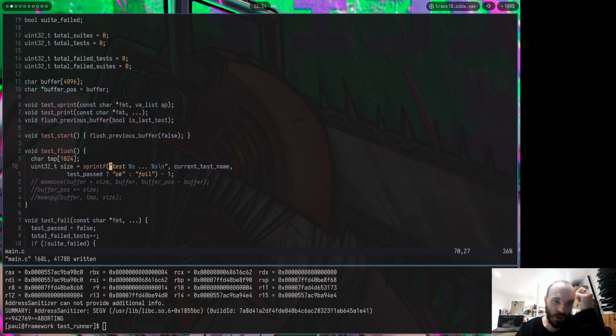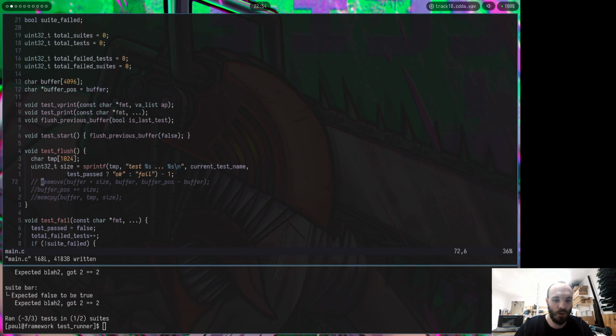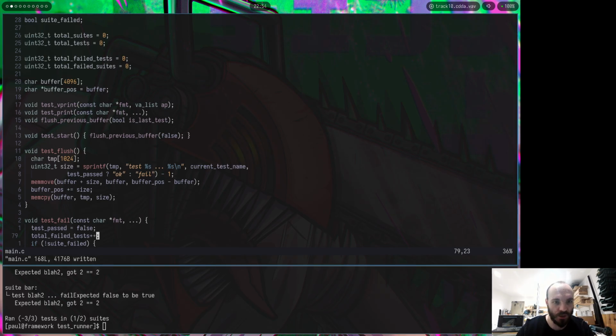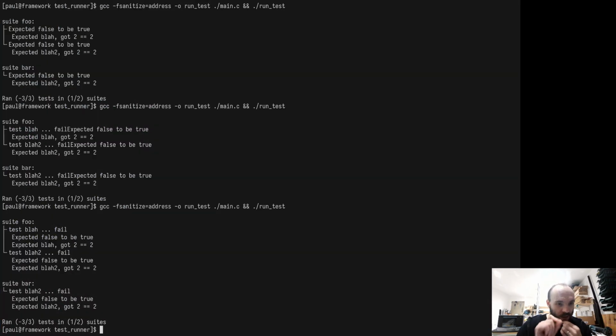Oh, wait. So stupid. Okay. All right. It's weird that it let me do it, but I guess sprintf is just very generous. Okay, great. The only thing I'm missing is a line return at the end of this, which means size actually gives me the actual length and not the one with the 0 at the end. So now I'm getting something that is exactly what I wanted, right? Test blah fail, expected false to be true, expected blah to be true, blah blah blah,